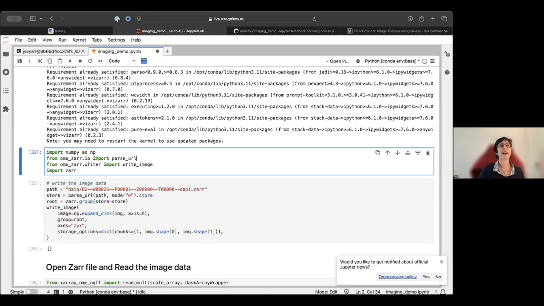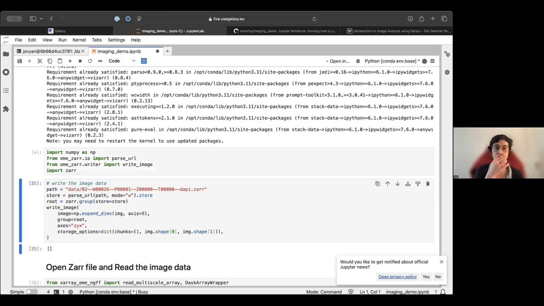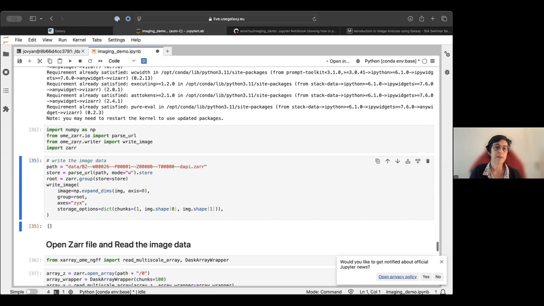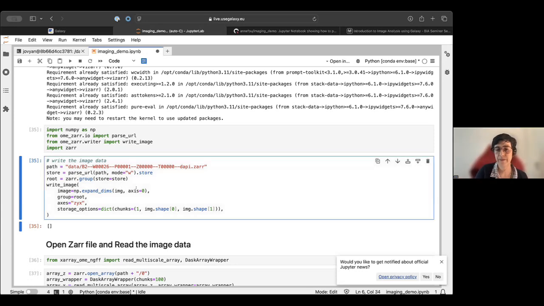But I also can parallelize because here I have a small image, but when I want to run on a big, not only on a large number of images, but on one big image, maybe I want to split the computation and make it in parallel. So here, let's start to write first this simple image. From a small TIFF here, I artificially create a Zarr file where I'm using this OME-Zarr. And because we have only one 2D image, I create only one level in the OME-Zarr.